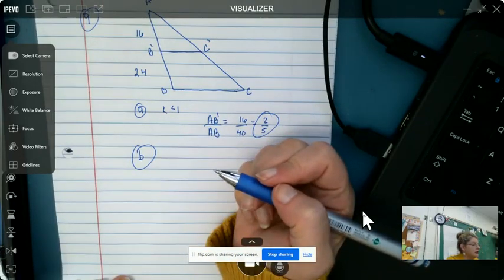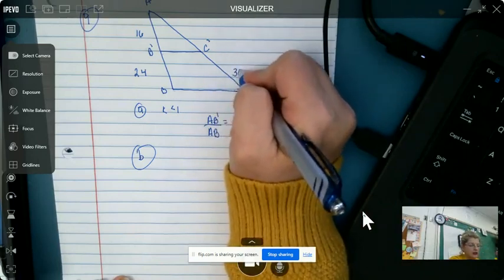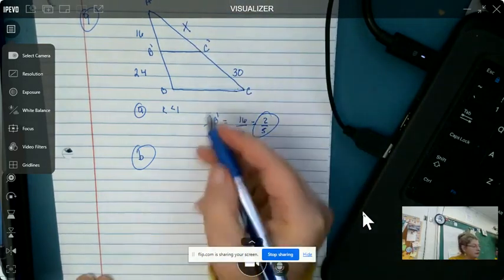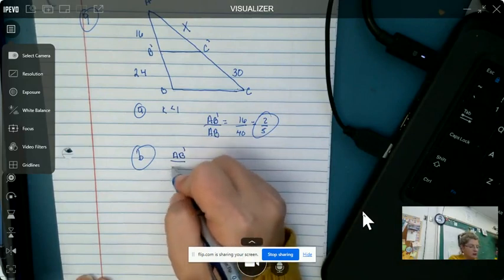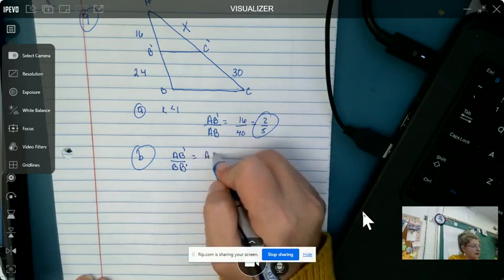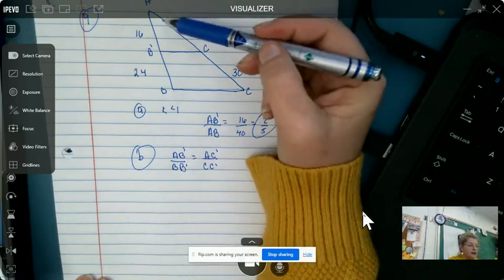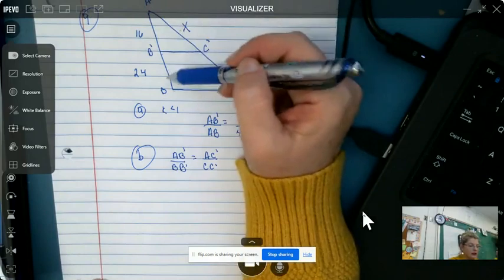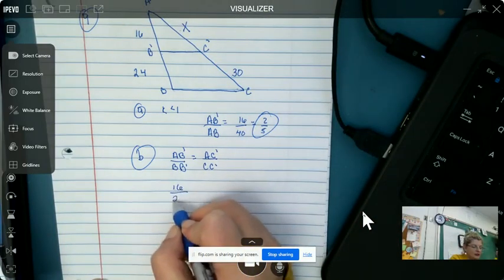B tells us that C to C prime is 30, and we're asked to find A to C prime. So AB to BB prime is equal to AC prime to CC prime. So we're doing parts to each other. Okay, here to here, here and here. So we're going to have 16 to 24